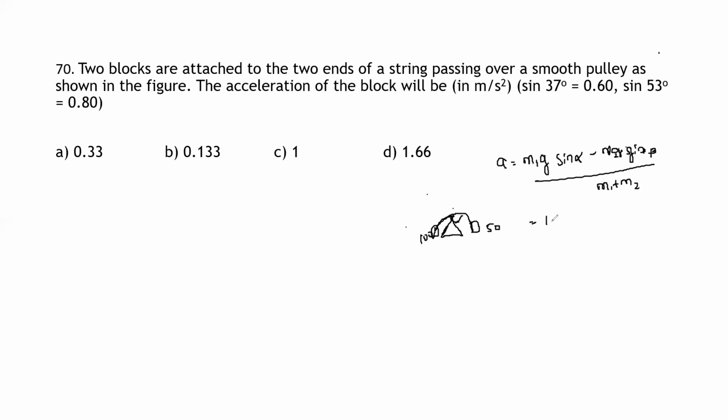So this is equal to, the mass is 100 into g, you can take it common. Here I can write it as (sine 37 minus 50 into sine 53) divided by (100 plus 50). The sine 37 and 53 values are already given, so if I simplify, it becomes